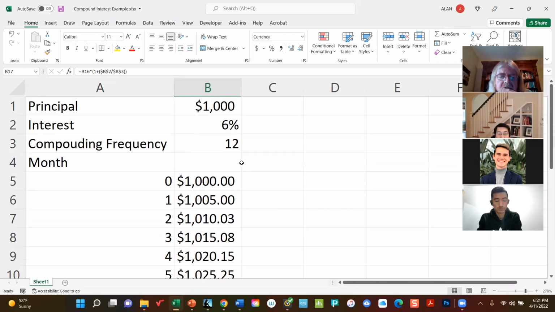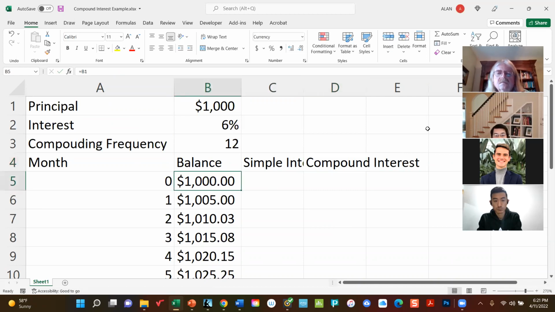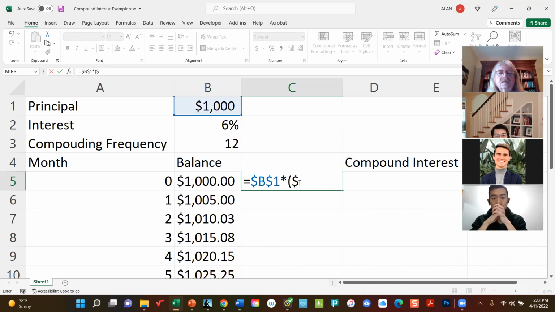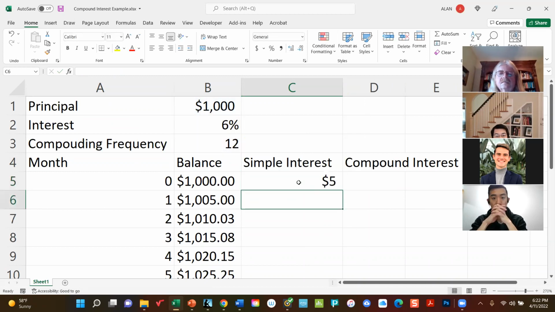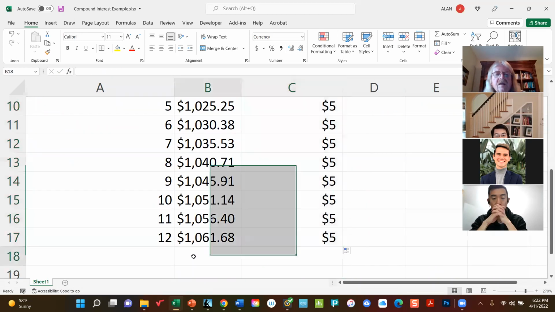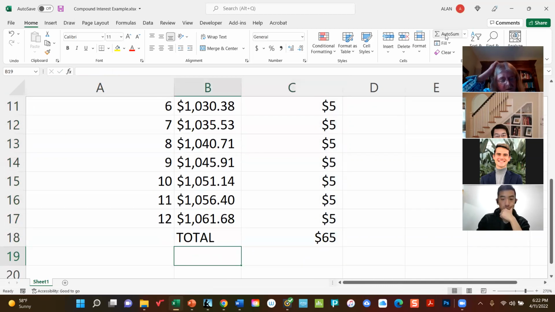And so what's happened here is that during the first month, I only earned simple interest. So in fact, let's do this. The simple interest is only based on the principal. So it's going to be $1,000 times the 6% divided by 12. So every month I'm earning $5 worth of simple interest. And the total is going to be at the end